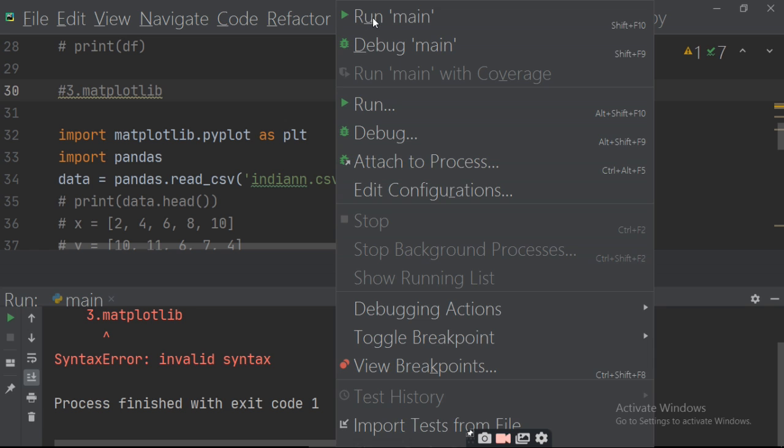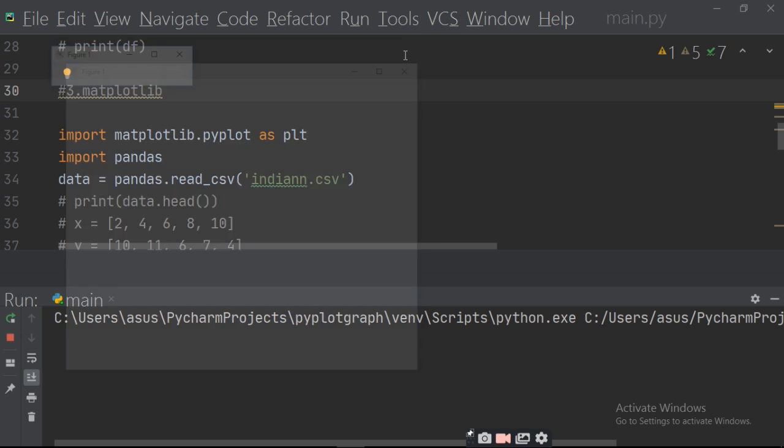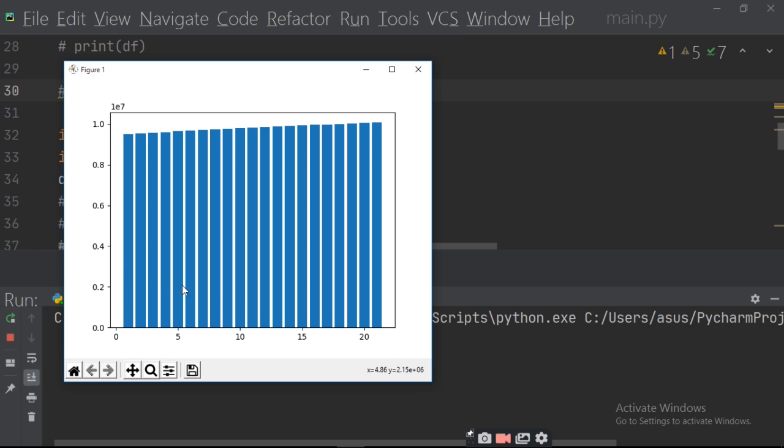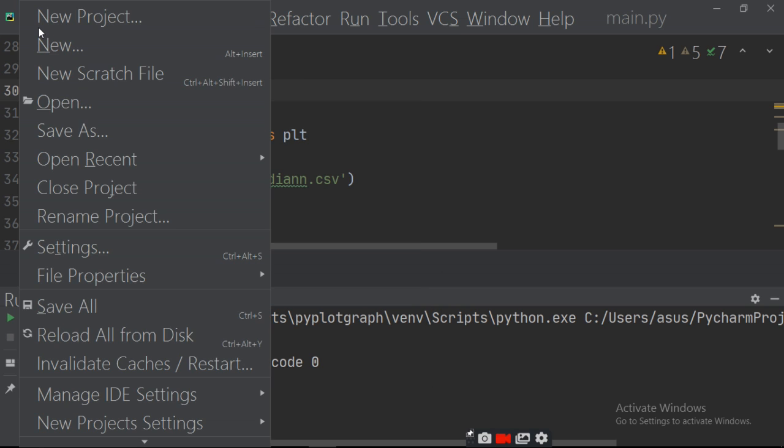So run it and find out. This will give you a scatter chart which shows the coronavirus updates, 1 lakh something, and the dates are from 1st December to 22 December. How will you find this, and this is the bar chart which you are getting through the data. How do you find which data I am using? Just see in the